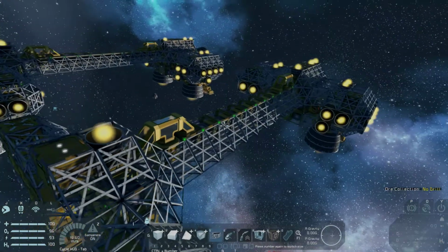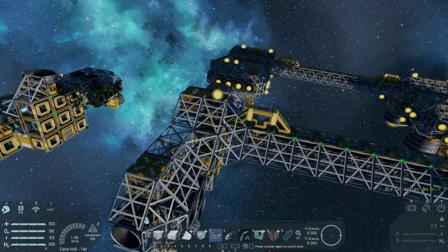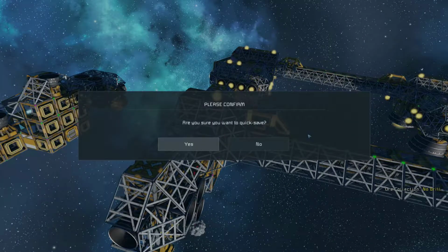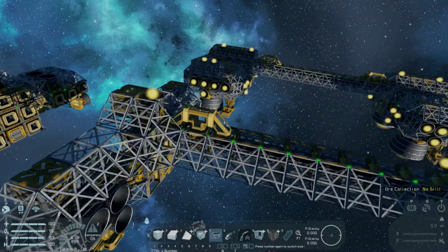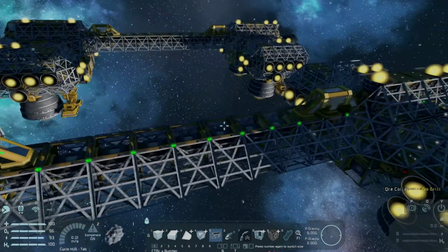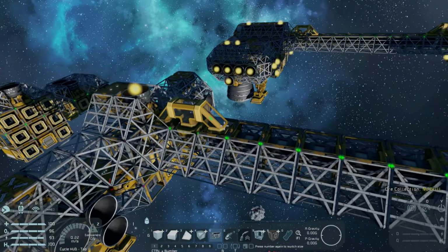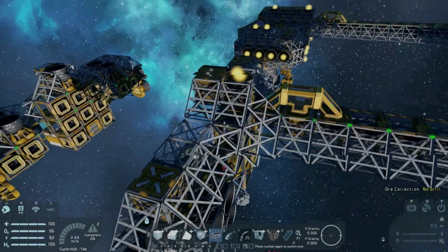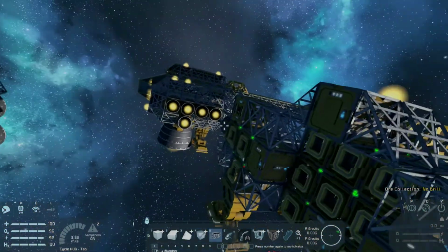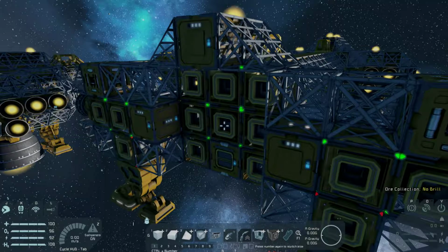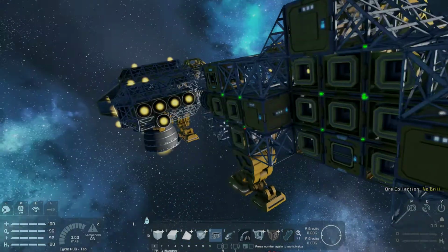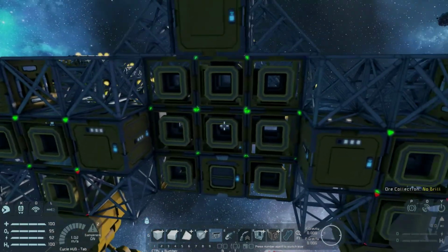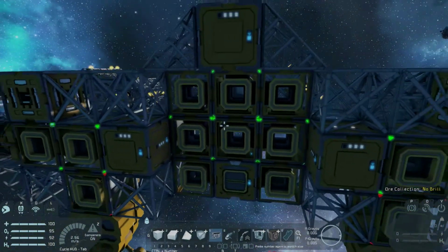And why do I say that? Because let me do Alt F5 or Shift F5 to quick save. This forward and aft feed comes in at the top and then goes down. So ultimately all of this stuff needs to remain here. But if you recall, the tanks, in this case, the hydrogen tanks, are only going to be feeding from that center port. There's no ports on the end. So what do I need to do? What I can do here, so remember this is feeding in here. What I do want to do